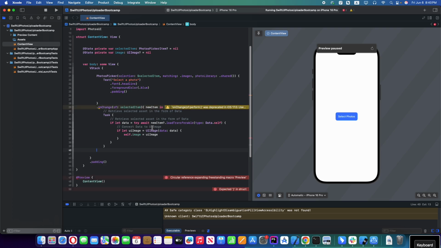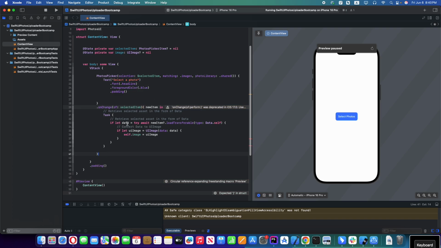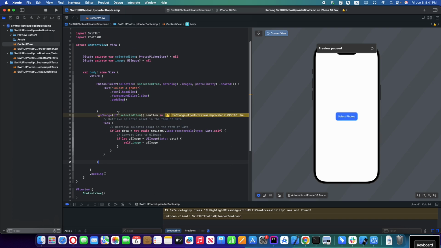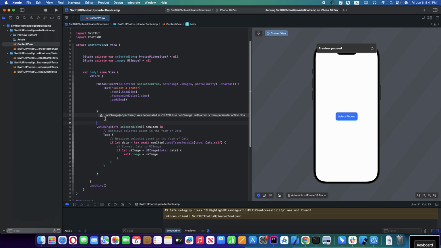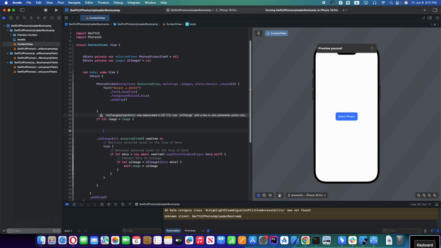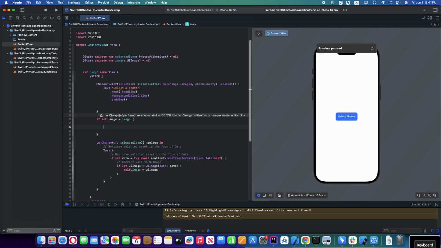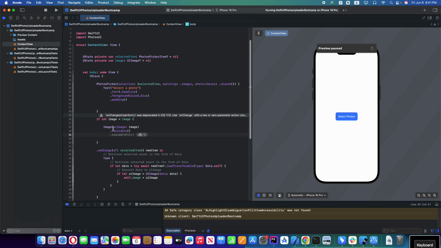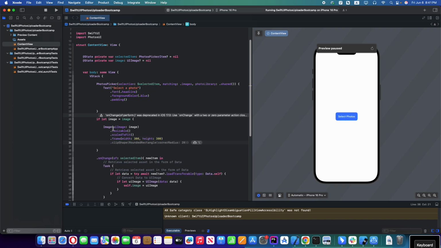Okay, so all right, now if the selected item is changed, then it will assign the image like this. So now let's do if let image, then let's show Image with UIImage, resizable, scaledToFit. All right,